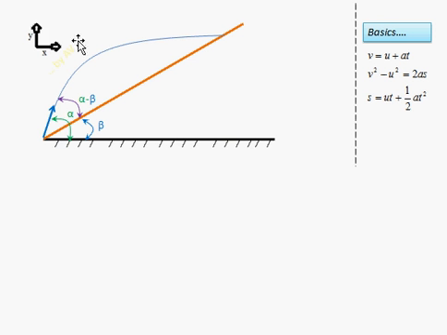Now, usually we used to choose a coordinate system like this, but our problem concentrates on this inclined plane. So, in order to cope with that, let us choose a coordinate system like this. That is, the x coordinate system is parallel to the inclined plane and the y coordinate system is perpendicular to this inclined plane. So, we are ignoring this coordinate system and we are moving with this.